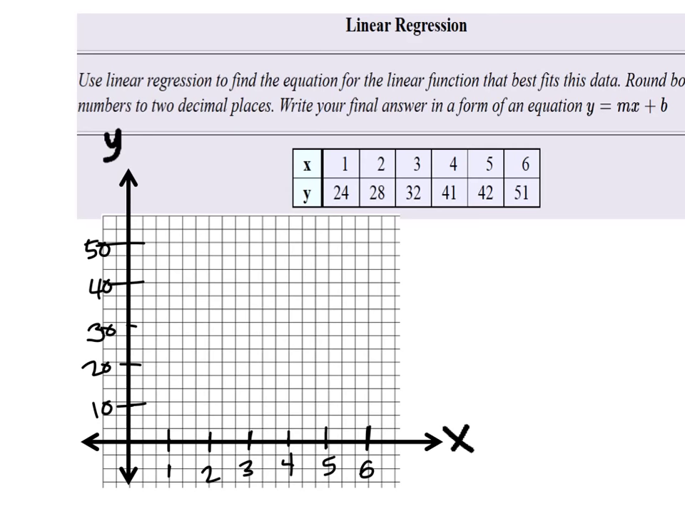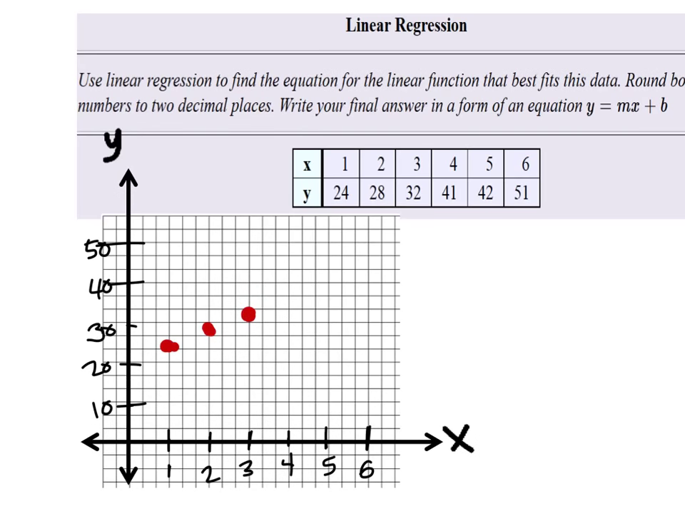Now, again, on the quiz, they're not going to give you this graph. So it may be helpful or handy to have some graph paper with you. Now let's graph these points. So (1, 24), yeah, about right there. Different color. There we go. And then (2, 28) will be a little bit higher. And then (3, 32),